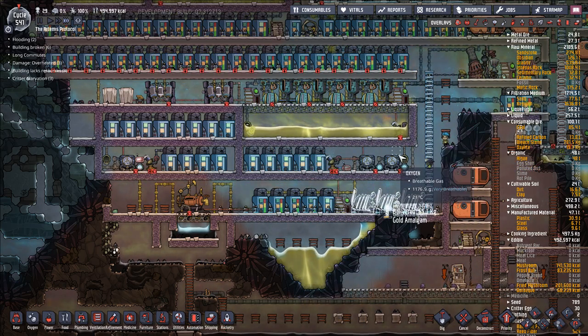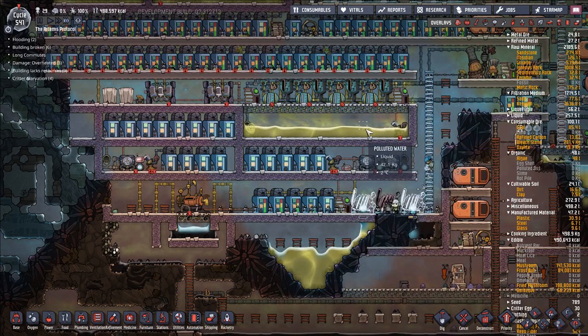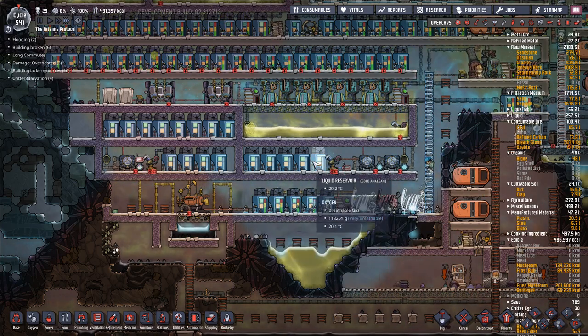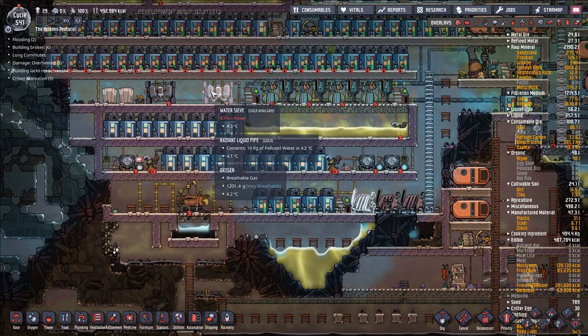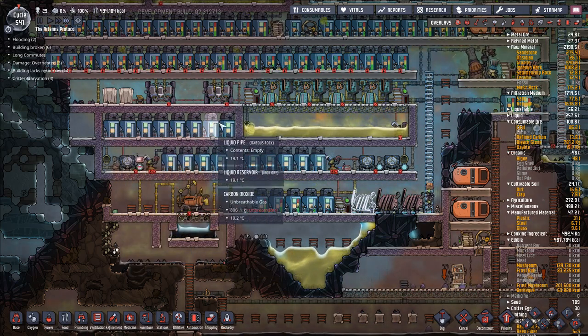It's going to be pumped into this room. It's going to be heated up to about 110 degrees, which is about 10 degrees short of when it turns into steam, because this is all going to be polluted water. It's then going to be pumped out into this buffer of liquid reservoirs, and then consumed, refined, filtered, whatever, through these water sieves, where it'll be outputted as 40-degree clean water, which will be pumped into here,